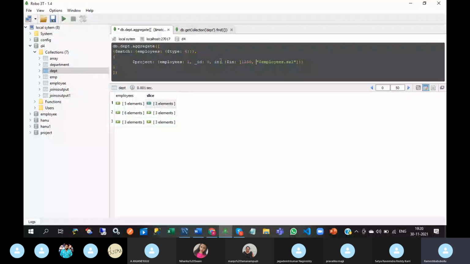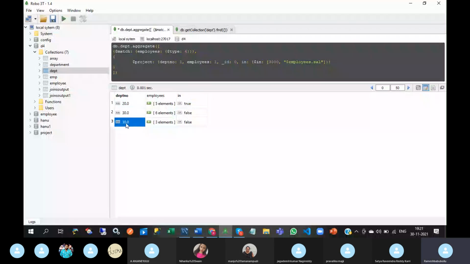So you want to know that document, then you can write here department number. See, in 30th department, this salary is available. If you give 3000, then in 20th department, 3000 is available. That's why it is returning true.